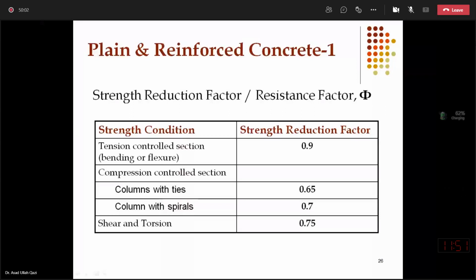we said that factor of safety will be in the denominator, and once we take the reciprocal of it, it will become less than 1. So that factor of safety which is present on the resistance side, the Greek letter phi, was used on the resistance side with nominal resistance: phi Mn or phi Vn or phi Pn. That phi will get value 0.9 when flexure or bending moment resistance will be